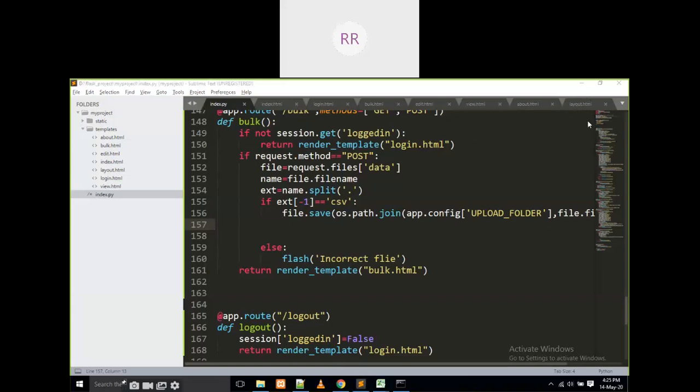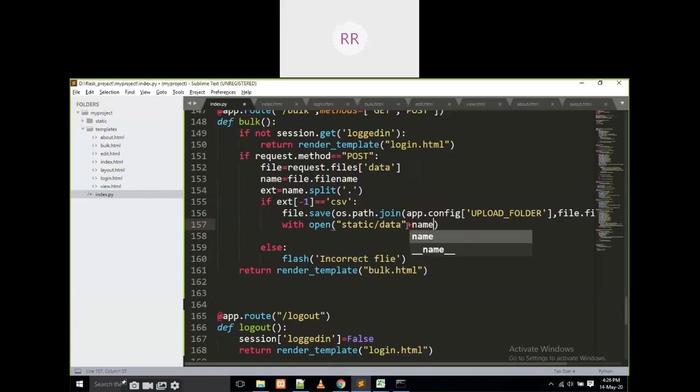First of all we have to open it. To open it, we have to write with open of. Where is the file? It is in the static folder slash data plus what is the file name?